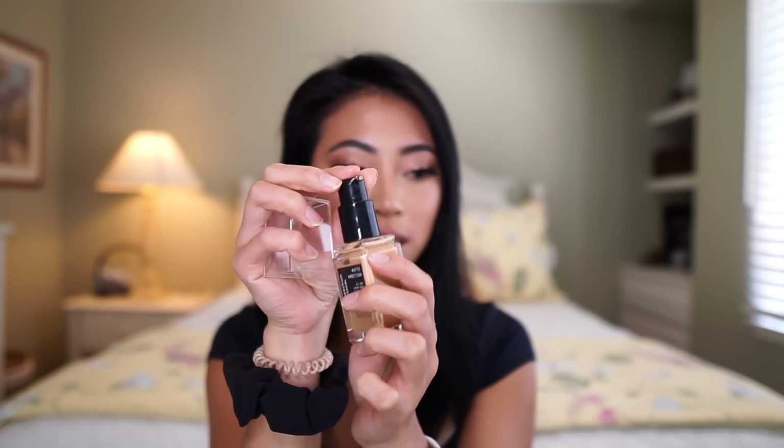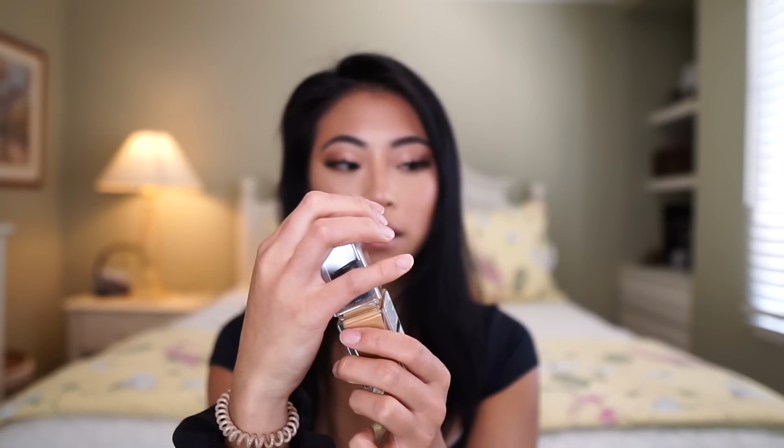It also has really good lasting power. This one retails for $9, which is not a lot of money. I also like that the cap locks into place, which is kind of like an extra bonus, but I think that's Brandon. He has a key. But I love this foundation. They actually have such a good range of colors as well. The one thing that I really like about this...